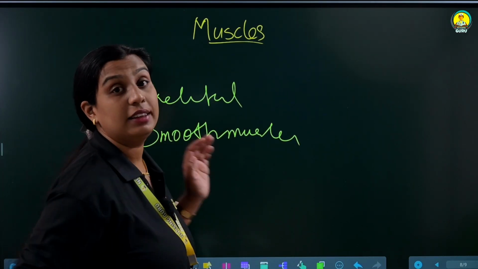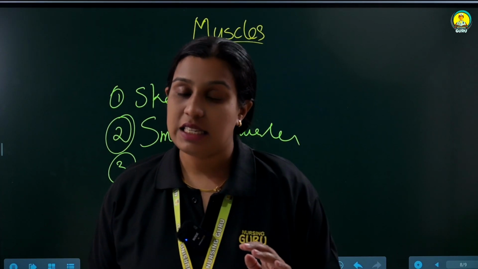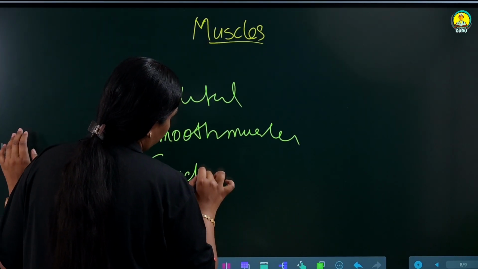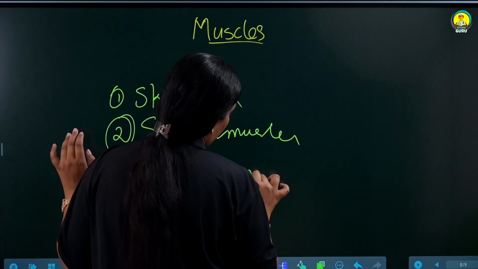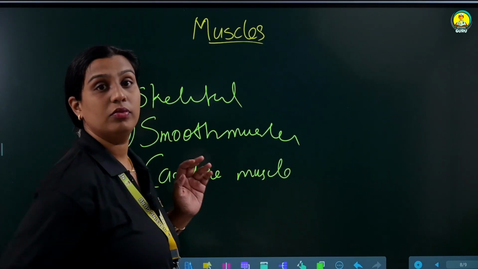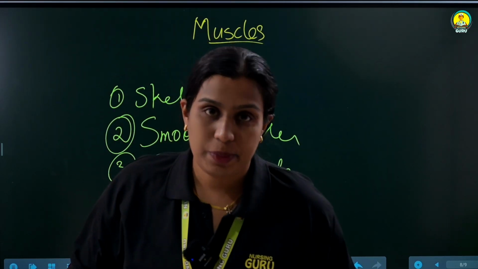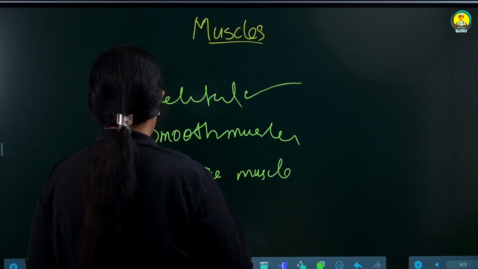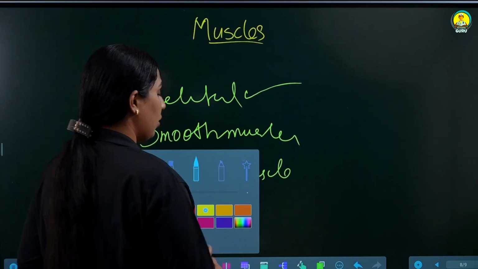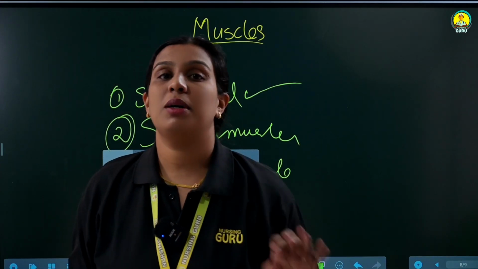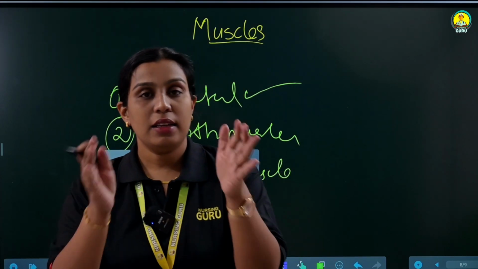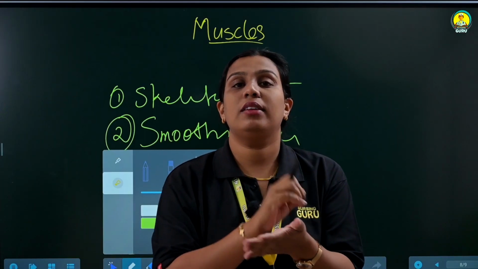And the third one, that is cardiac muscle. Okay, so I will explain about that. First one, that is skeletal muscle. So the skeletal muscle main location, that is attached to the bones, and its control, that is voluntary control, means